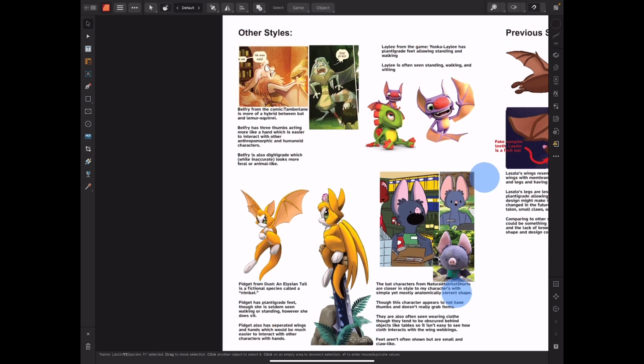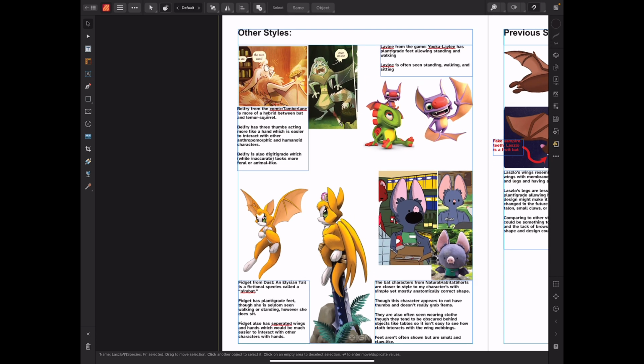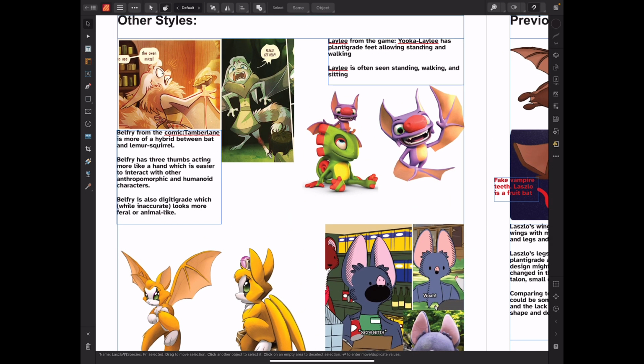Looking at other references, I couldn't think of too many designs that had the right characteristics I wanted. I think Laylee from Yooka-Laylee was probably the closest to what I was thinking of, with the wings being very bat-like, and then the feet being very plantigrade. However, there are others,